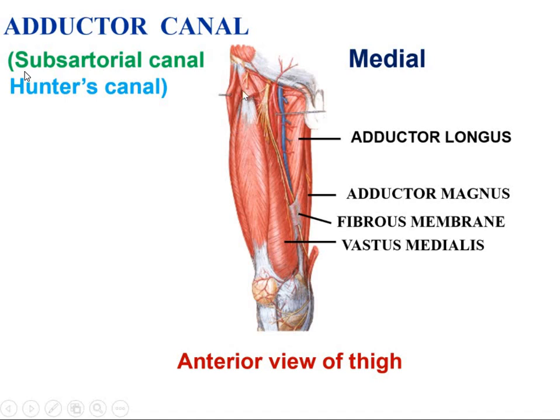So when we cut the sartorius muscle, this is how things look. Here we have the femoral nerve, then we have the femoral artery and femoral vein. You can see there is a fibrous membrane or the hiatus which is formed in the adductor magnus. This is a bulky muscle of the medial compartment which is forming this hiatus, okay, or the canal, and through this canal the structures are passing from the anterior compartment to the posterior compartment. Okay,